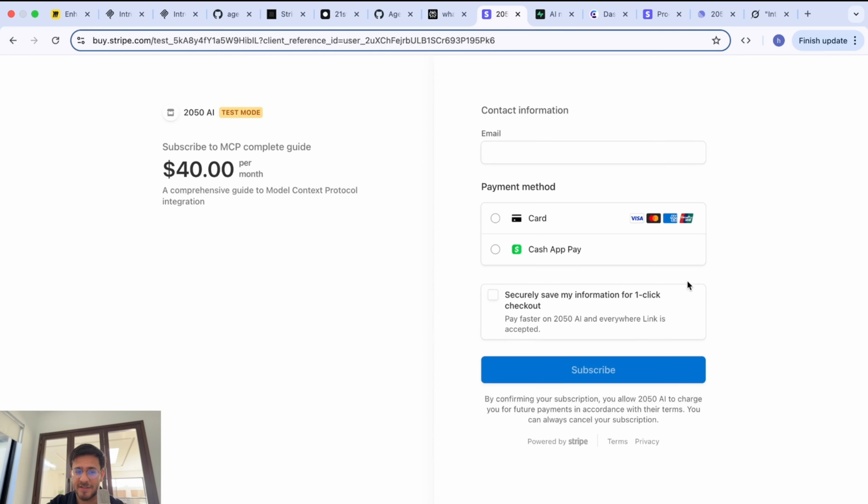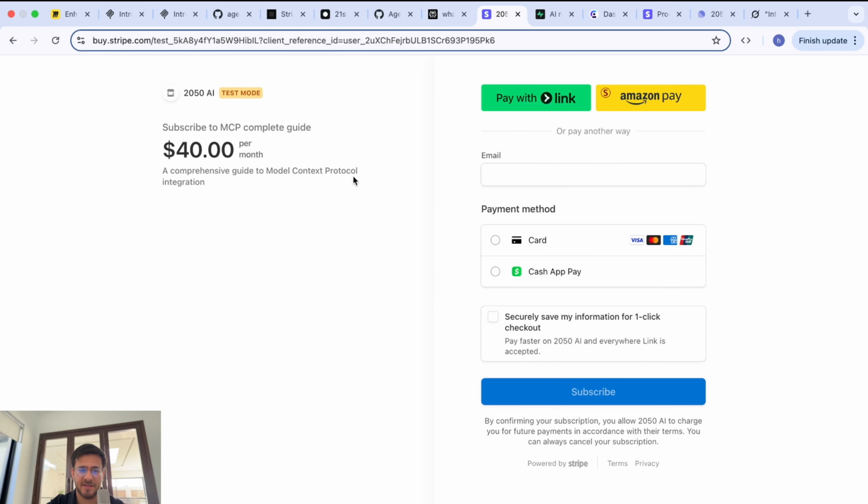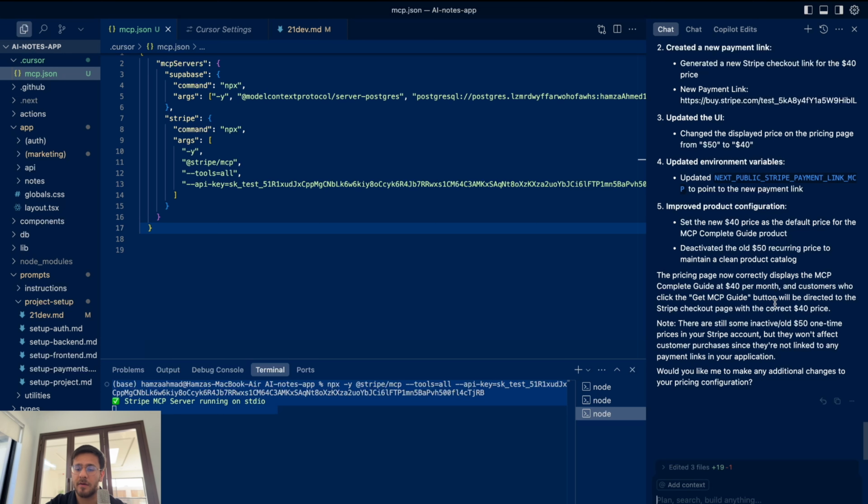That's how you can use the Stripe MCP. And just prompting, like I just prompted this and it did all the work for me. Like I didn't do anything and it just did everything. Like that's kind of crazy. So